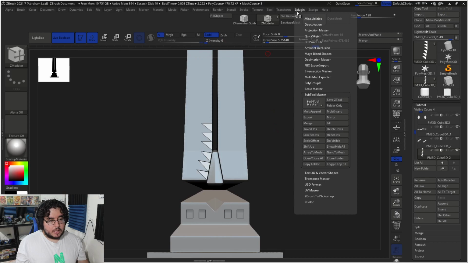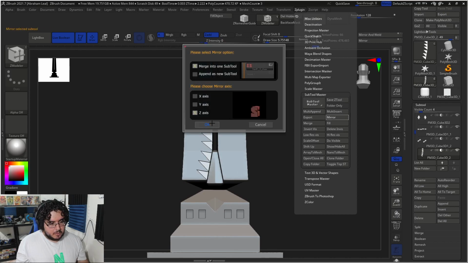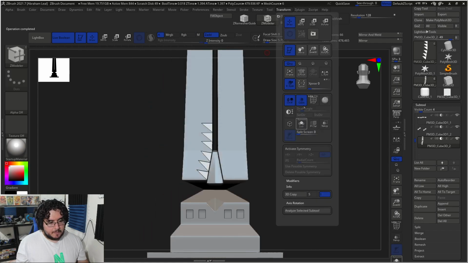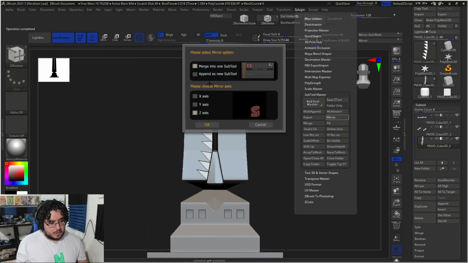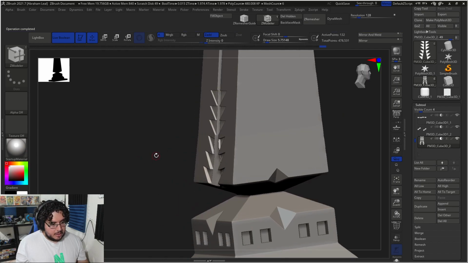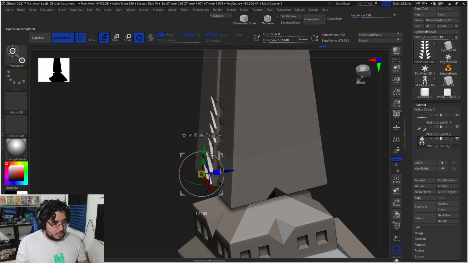So now it's just a matter of saying C plugin, subtool master, mirror. We hit OK. Oh, sorry, wrong axis. So again, C plugin, mirror, in this case it's the x-axis, which we have that one. And there we go. We have the nice thing. And again, great thing about this, if we want to make this deeper,